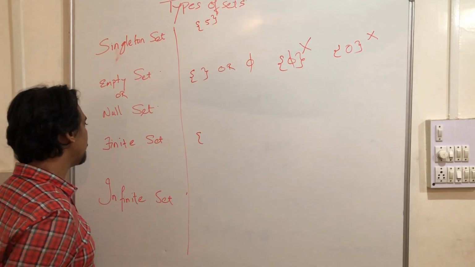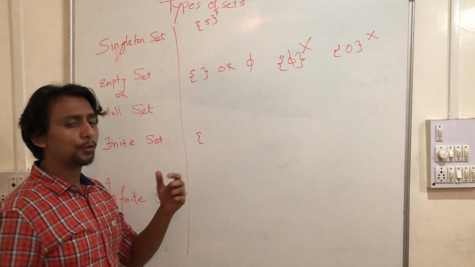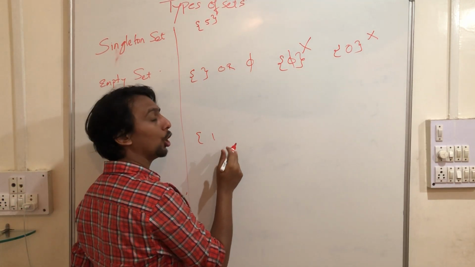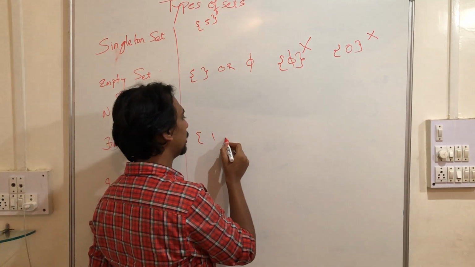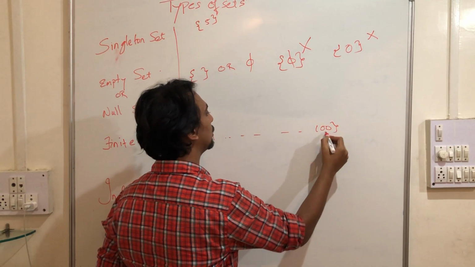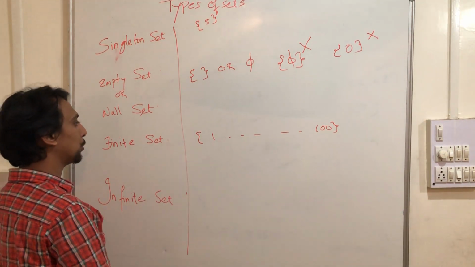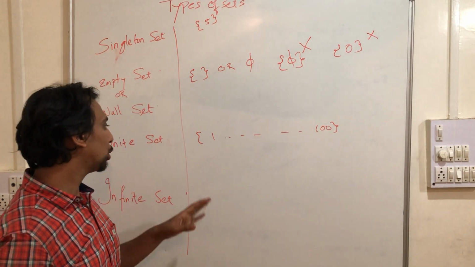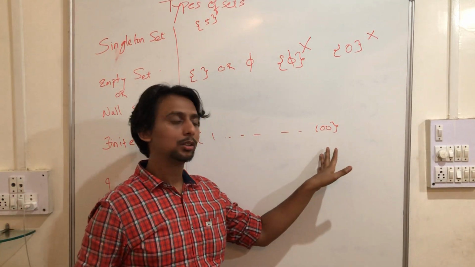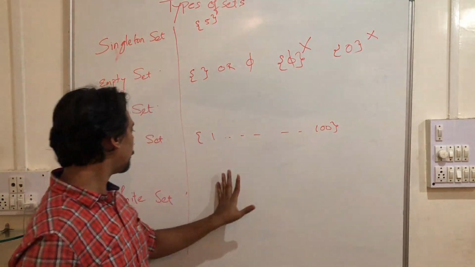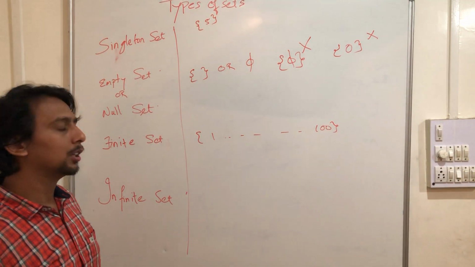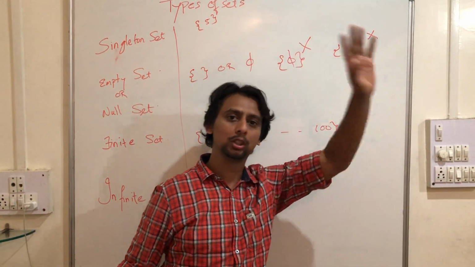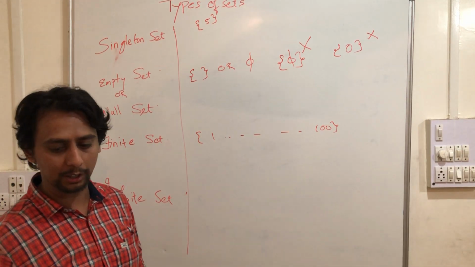Okay, suppose we say the set of all numbers from 1 to 100. So it will start from 1. All natural numbers from 1 to 100. It will start from 1 and it will stop at 100. So that is a finite set. Suppose we say a set of all even numbers from 2 to 200. So they will start from 2 and end at 200. So that is finite. Now infinite, the set of all natural numbers. This will go from 1 to 1000 crores. It will never stop. So that is an infinite set.